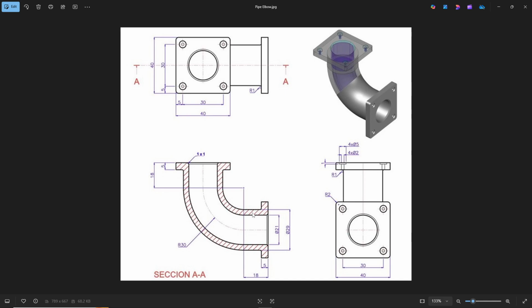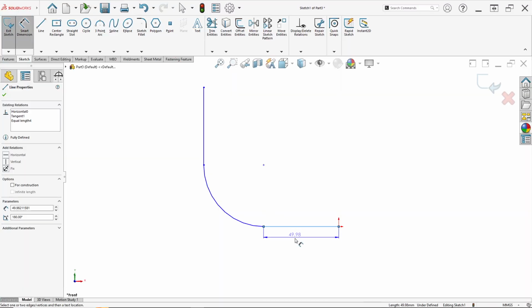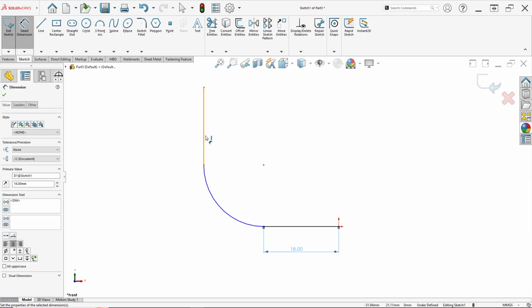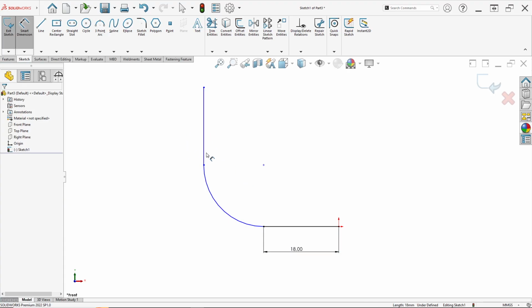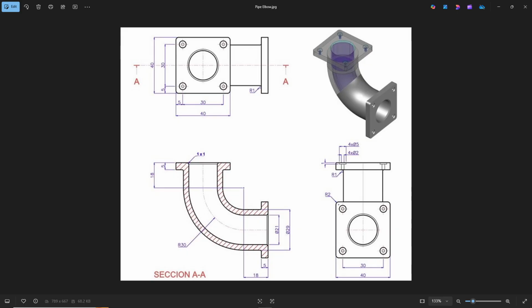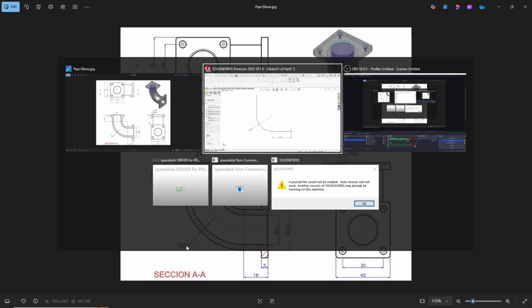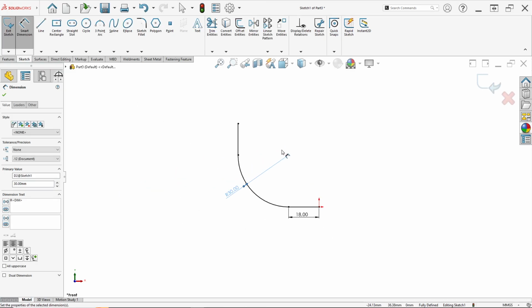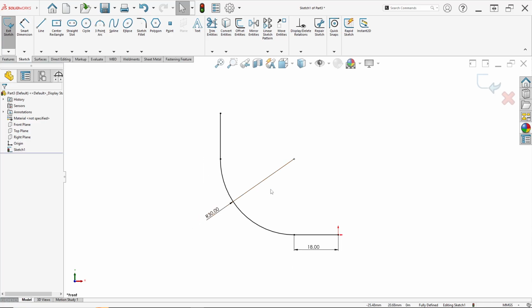Then we can see this line has a length of 18, and here to here is 18. So just input 18 millimeter here. Automatically here is also 18, because first we made this line and this line equal. And set this dimension, which has a radius of 30, input 30 millimeter, okay, like this.